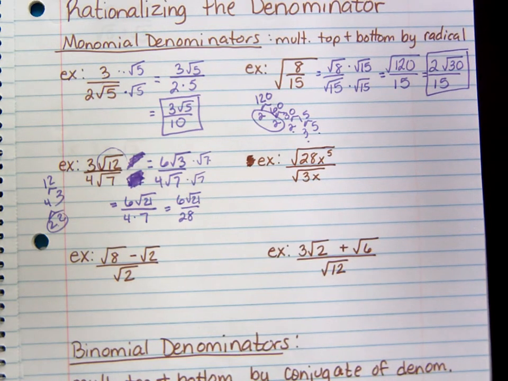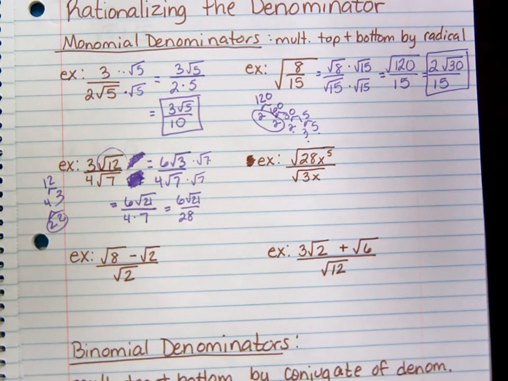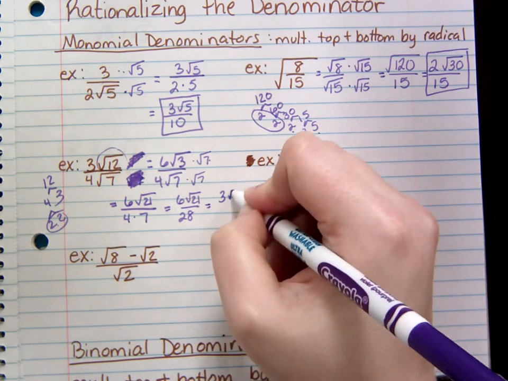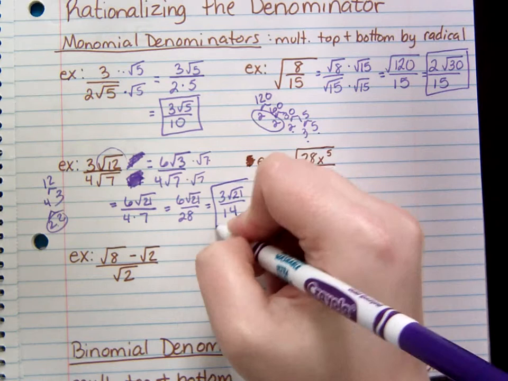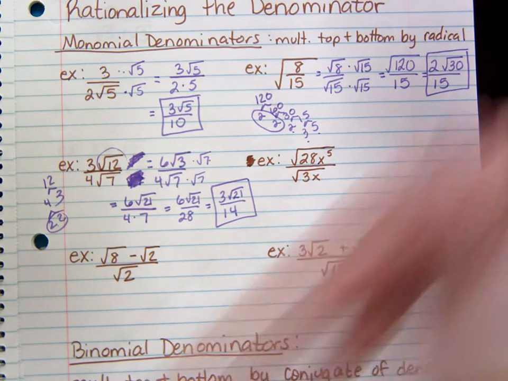But unlike the others I've been working, 6 and 28, we can reduce that. They're both divisible by 2, so I divide by 2 to get my final answer. So you can always simplify before you start rationalizing. Okay, so for instance here,